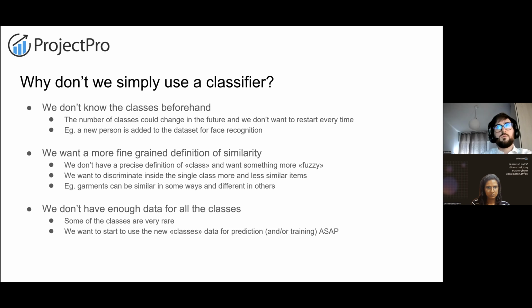And again, related a bit to the first point, maybe we don't have that much information about each class. Maybe we have just a few photos of a person, 2 or 3, even if we know that we have these persons. So we cannot really have 10,000 different classes for 10,000 different people, even if we know all the people in our training and we will never add new people to the face recognition algorithm we want to build. So we need something less strict about the number of classes, with a definition of similarity that can handle more nuance.